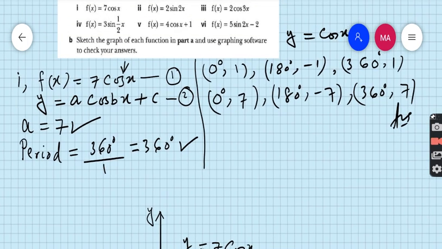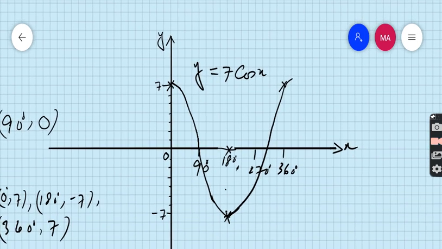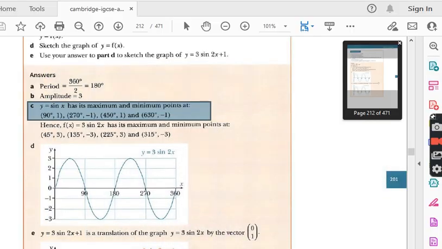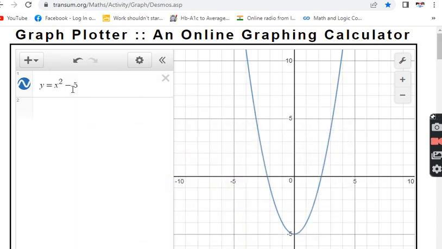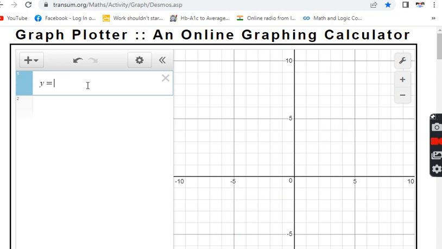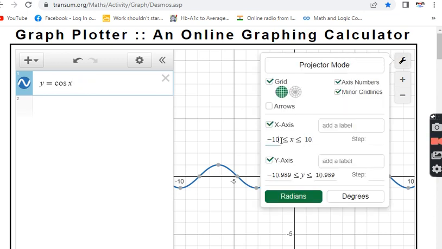And next is, use graphing software to check your answer. It is not necessary to use the graphing software, but I am showing it to you. You can use any online graph plotter in order to confirm your answer. See your graph, y = 7 cos x. This is my drawing, and if we use a graph plotter, I am writing the given equation, y = cos x, and the values of x from